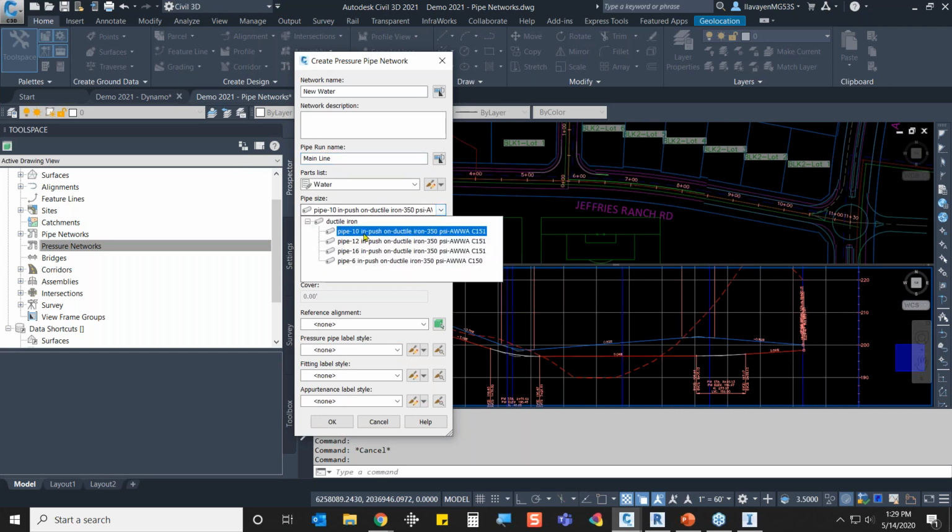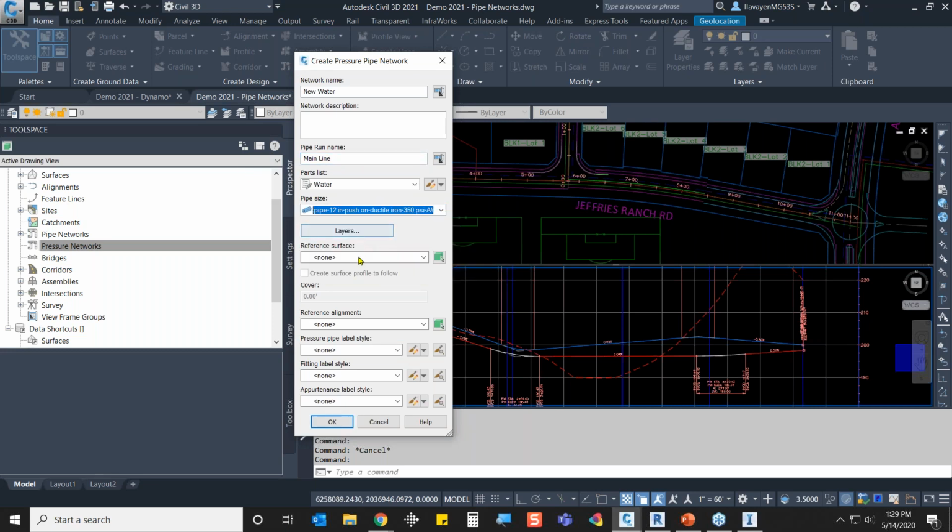We're going to go through and bring in a big 12-inch pipe through here. Bringing in a surface, I will tie to my finished ground. I will create a surface profile to follow. That's what really carries the dynamic behavior. I will put a 3-foot cover, and I'm not going to set a reference alignment for right now. I'm just going to leave everything as none just to be as clean as possible here so you can see